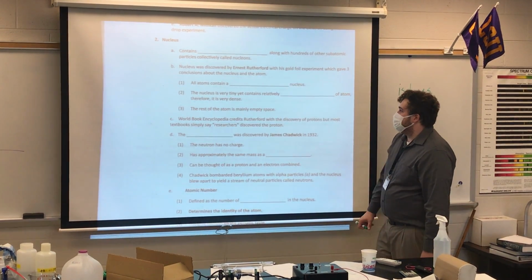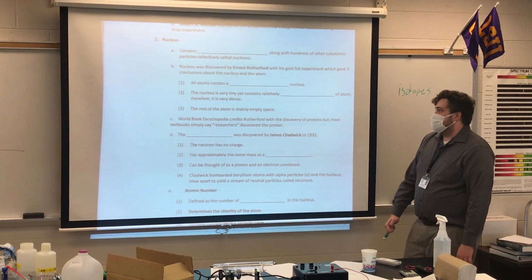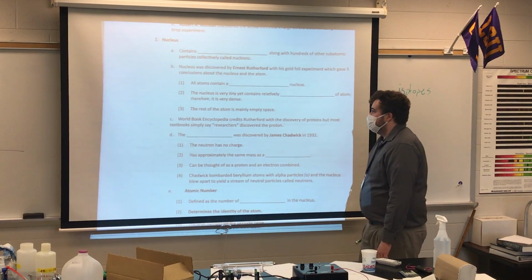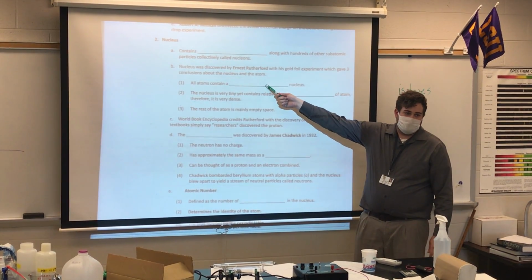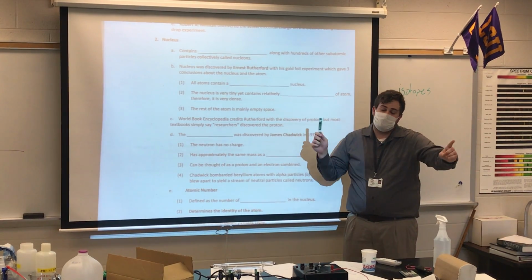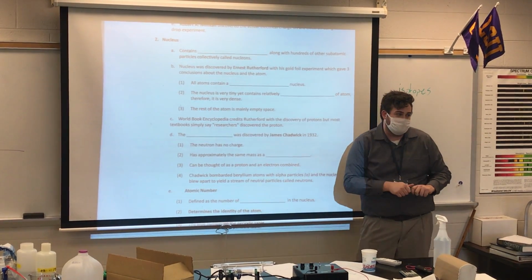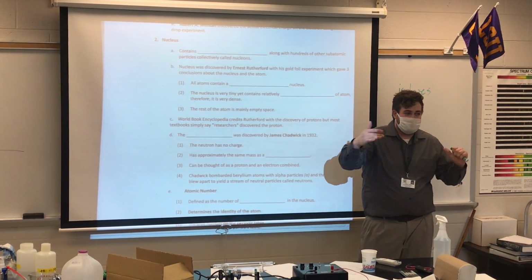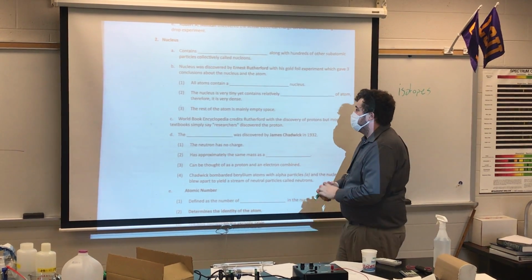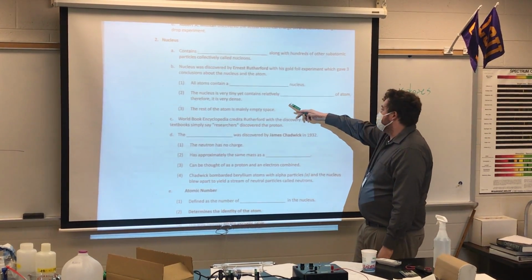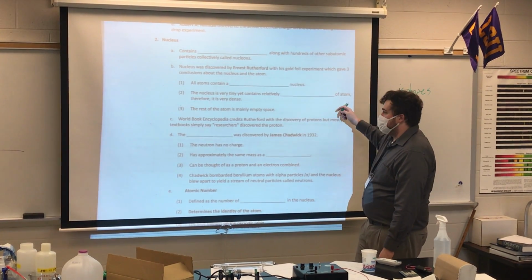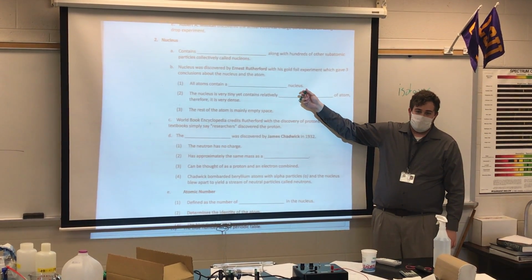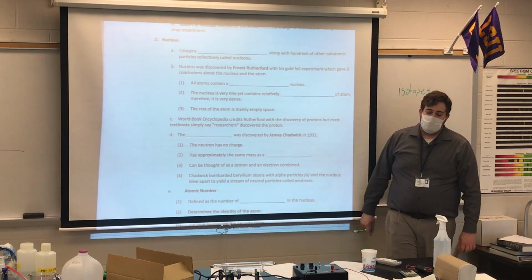So let's talk about the nucleus. It was discovered first by Ernest Rutherford with his gold foil experiment, which gave 3 conclusions about the nucleus of an atom. All atoms contain a positive nucleus. Specifically, the term we're going to use is positively charged nucleus, just to keep the terms in mind. The nucleus is very tiny, it contains most of the mass of the atom, therefore it's very dense. Do we have an idea of how to fill this one in? No clue? So, remember how electrons